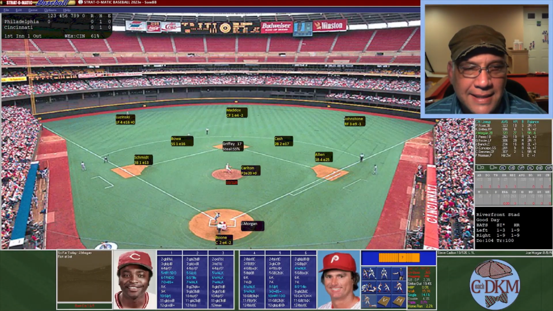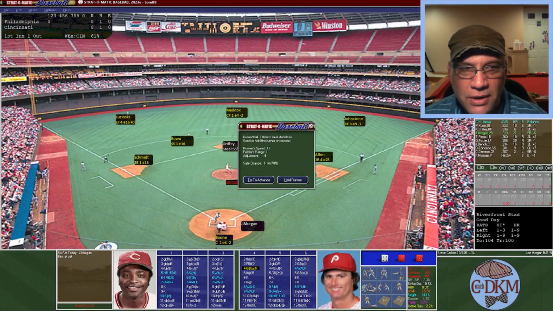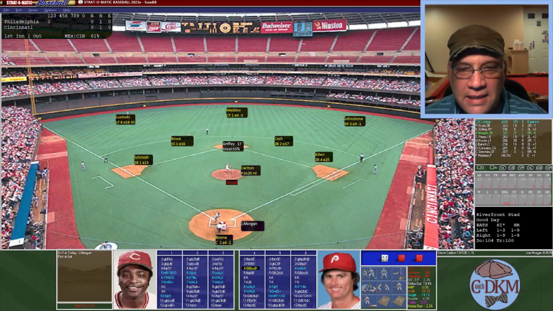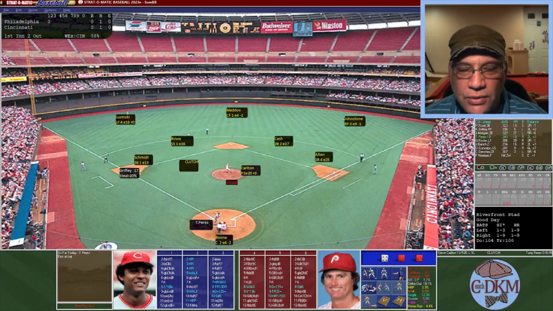And now Morgan is up. He hit 320 with 27 home runs. He's going to hit a ground ball to Larry Boa. Larry Boa is going to have to make a play. We have to decide what we're going to do. They're going to take the easy out at first, we did advance Griffey, took that risk, and so with 2 down, we got a runner on third,